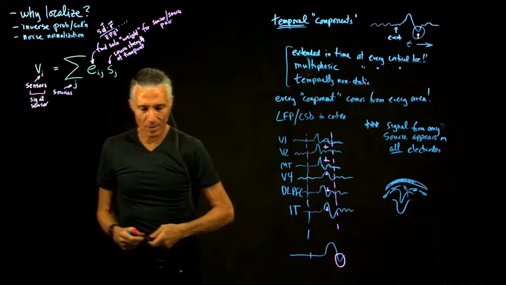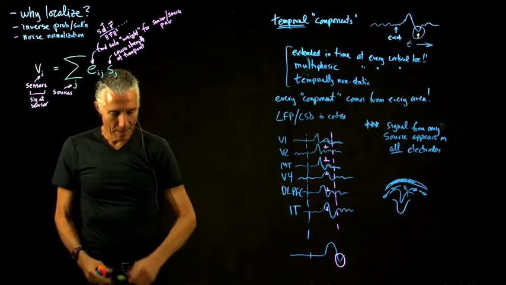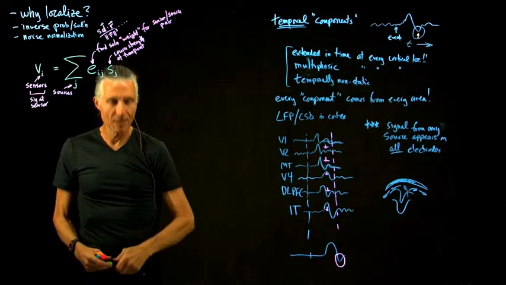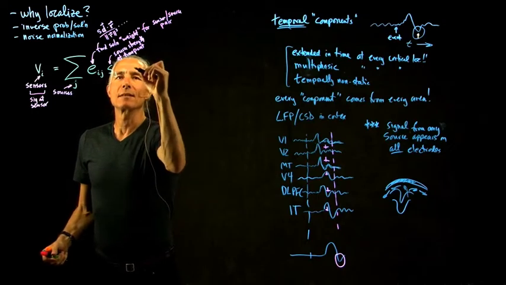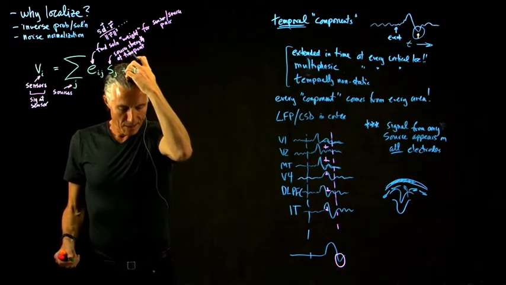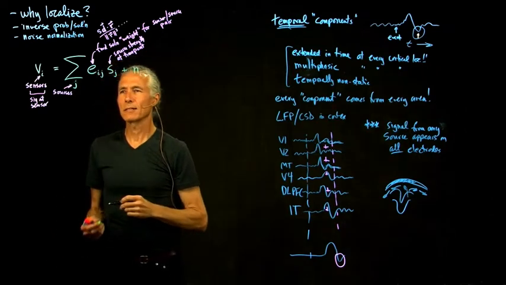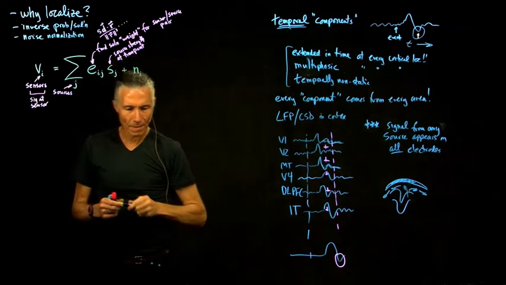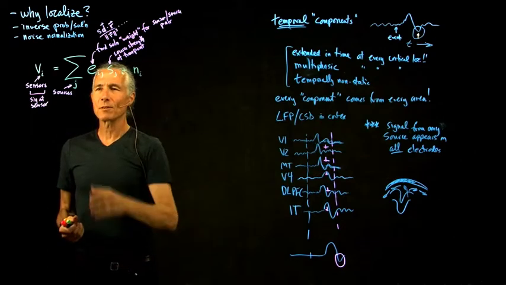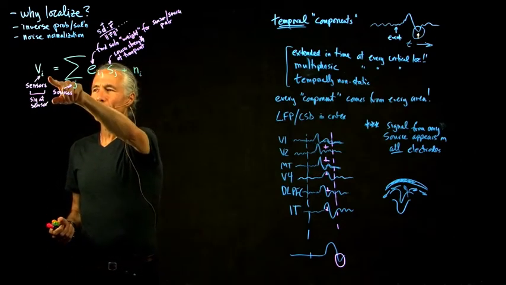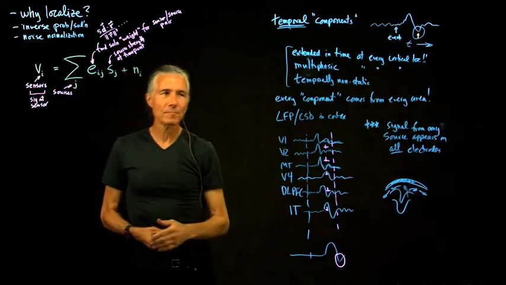So that's our forward solution. And then last but not least, we've got some noise in there, the sensor noise, where i is the index of sensors. So that's a very simple forward solution,